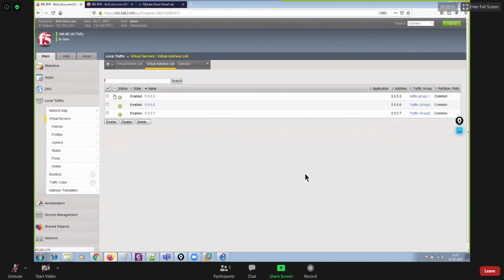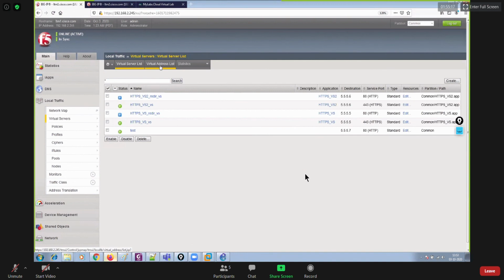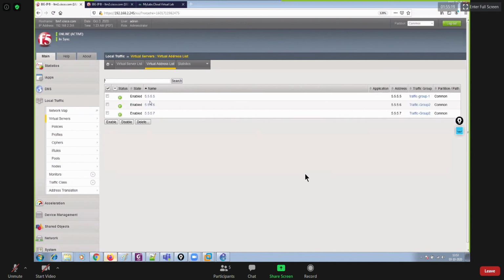So now you have virtual server list, inside you have virtual address list. From here you could also change it, I mean, not by going to your device management, you could directly go to the virtual address list from virtual servers, and from there you could change it, right? So you can see traffic groups. So now it's part of traffic group 2, right?